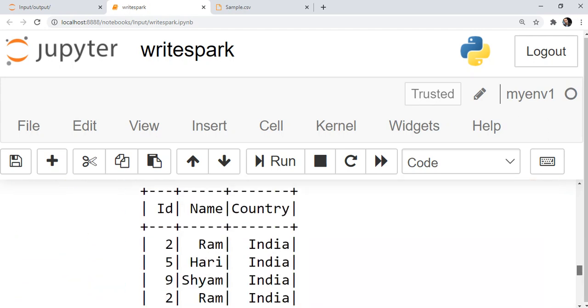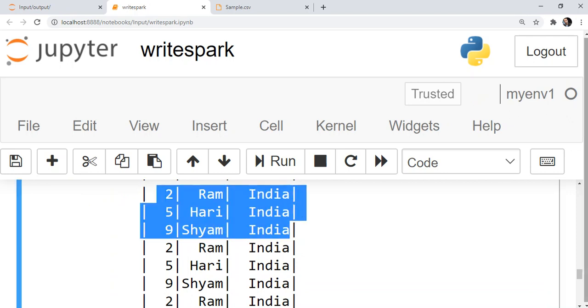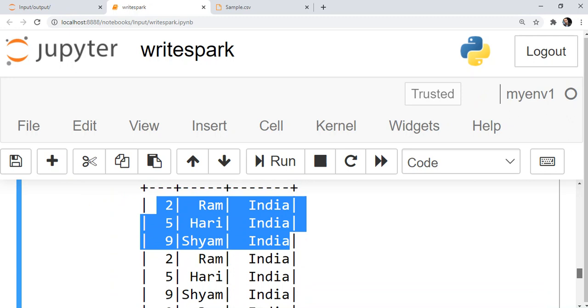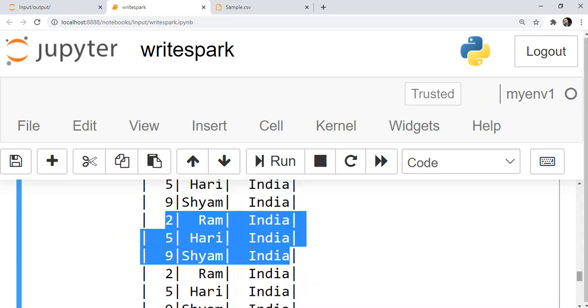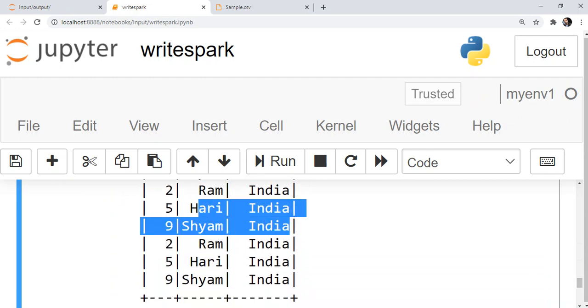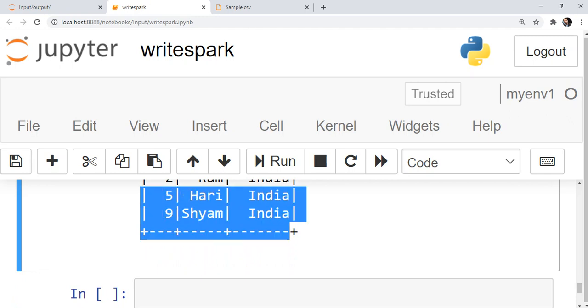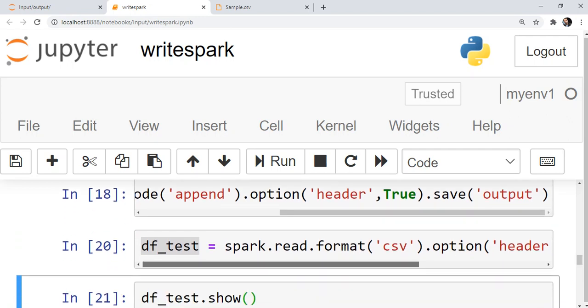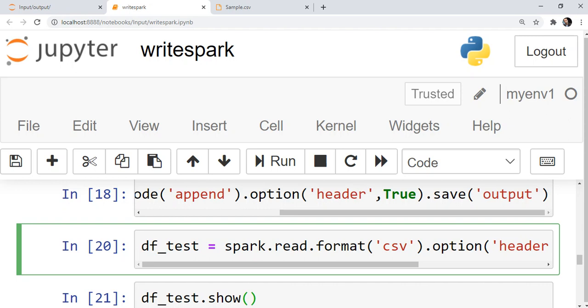So yes guys, see the records are repeated. There were only three records in the existing data frame, but we have written in append mode multiple times. So all the three records are repeated. That means it was working in append mode. The only problem is you are getting multiple files in the backend, but that is not an issue, because while reading you can definitely give the folder name instead of the file names, and it will read all the records from all the files at that folder into a data frame itself. So yeah, we are good with this.